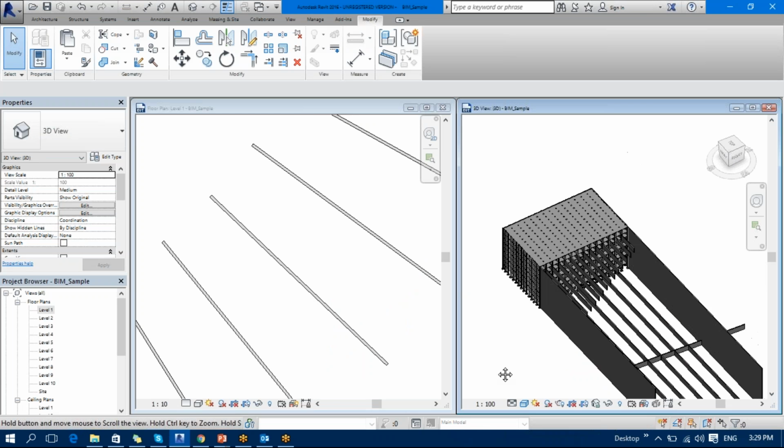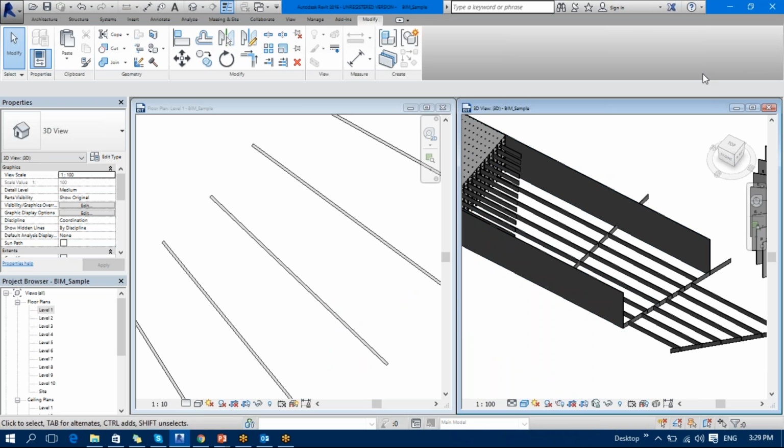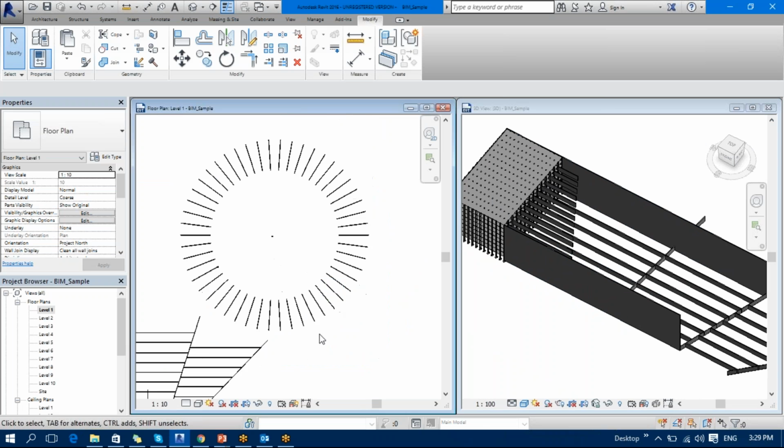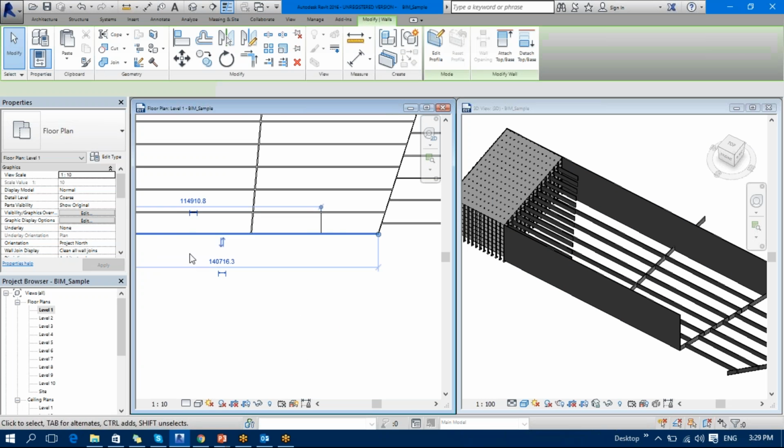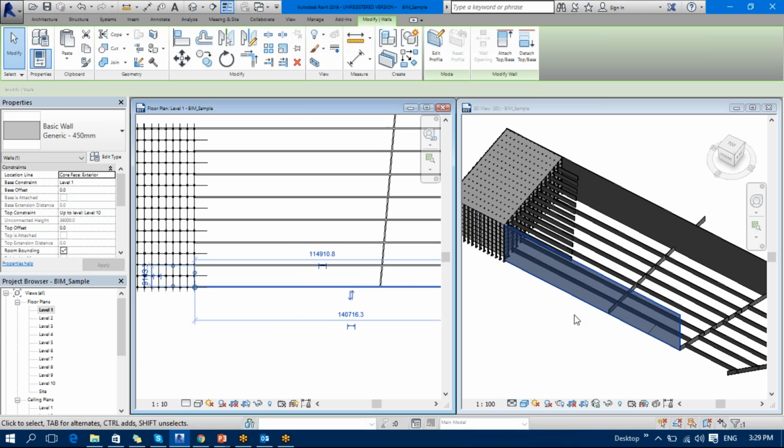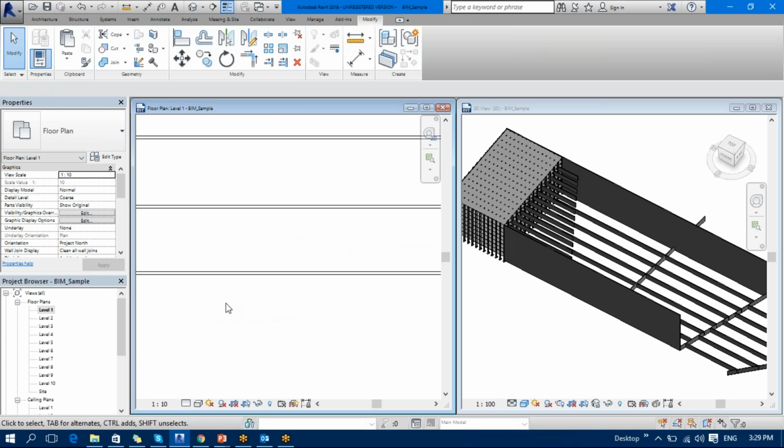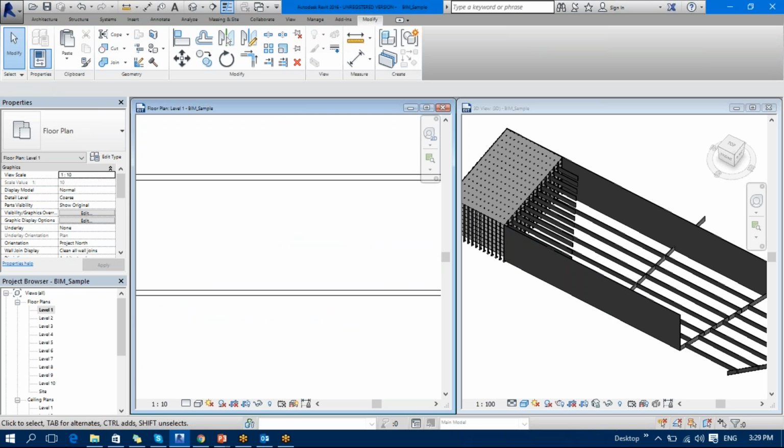If you see here, this is a wall. I select it. It's getting highlighted in the 3D. I press SL. SL means split elements. So basically, when you need to cut your single element into different parts, you use this